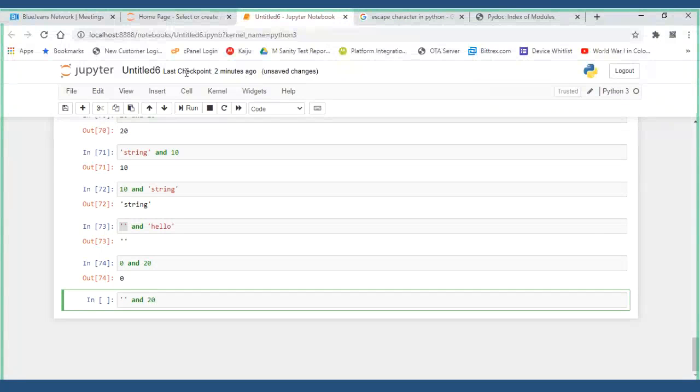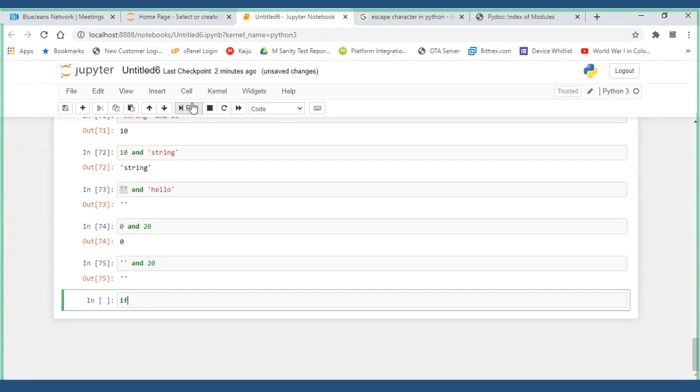just remember that 0 or empty string on the left side, anytime you are doing some kind of logical operator, these are logical operators: and, or, not. We'll see one by one how they behave.